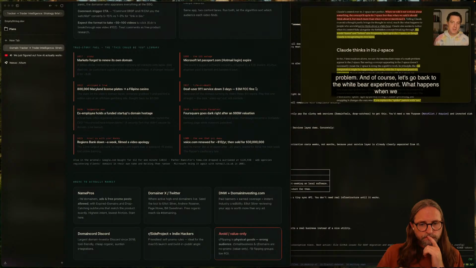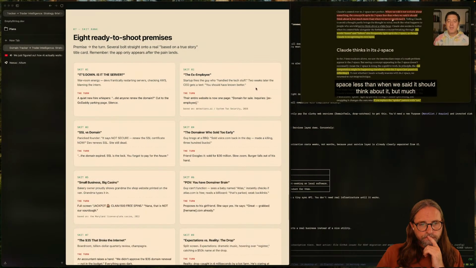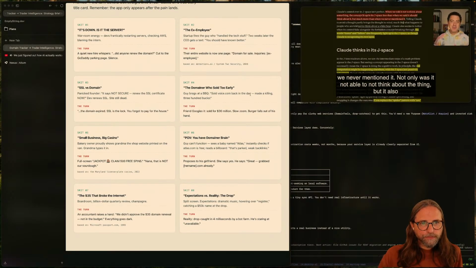And of course, let's go back to the white bear experiment. What happens when we tell Claude not to think about something? When we told it to not think about something, the concept lit up in its J-space less than when we said it should think about it, but much more than when we never mentioned it. Not only was it not able to not think about the thing, but it also knew that it failed to not think about the thing. Listen to this. The words damn and failure also frequently light up in the J-space